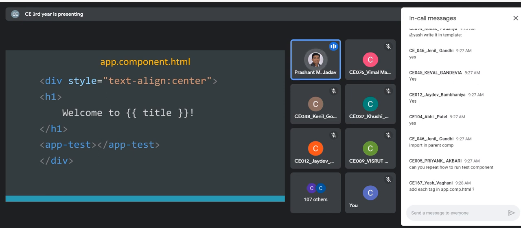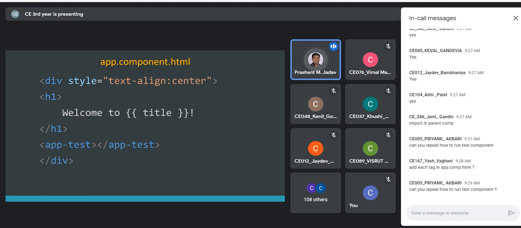So if we are creating another component, say instead of test, I'm creating a student component, and I want to refer to this in our parent component, then simply write down its selector within the app component. Is everybody getting it or not? If not, I will repeat. So don't worry, you can ask the question. If it is not clear, just type your question in the chat box or simply say repeat, then I will try to repeat this.